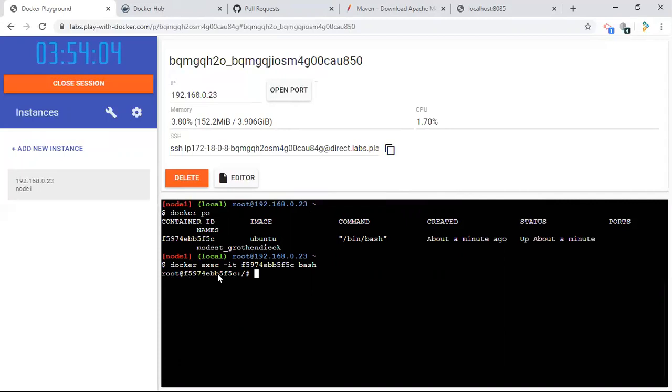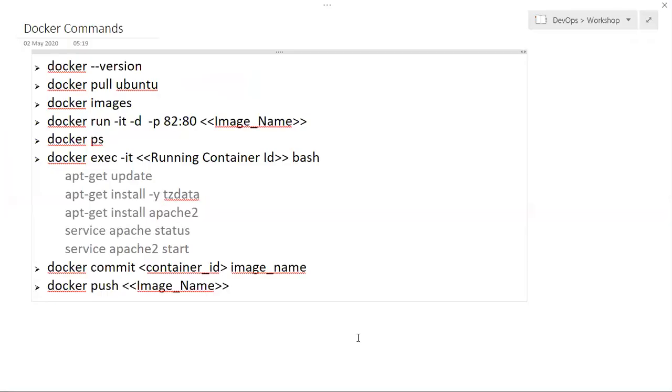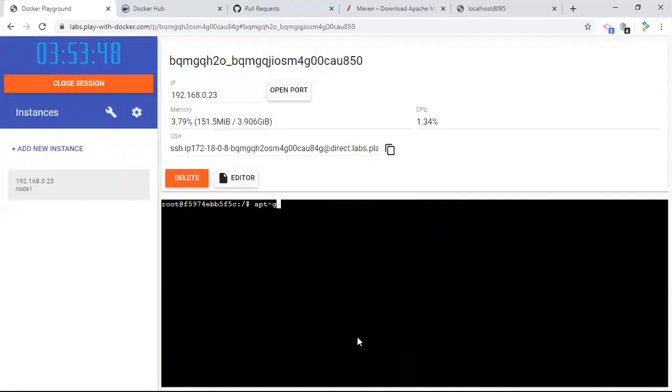Inside that, the docker command won't work. If you run docker version, it won't work because Docker is not installed inside my virtual machine. So I'm going to run the apt-get update command, so that it updates your virtual machine.